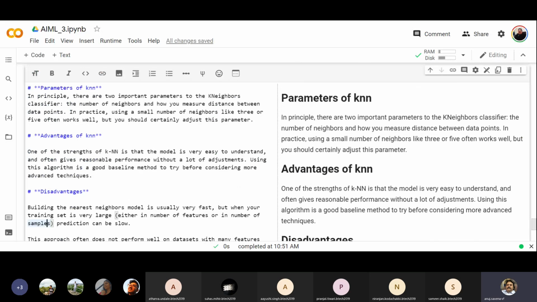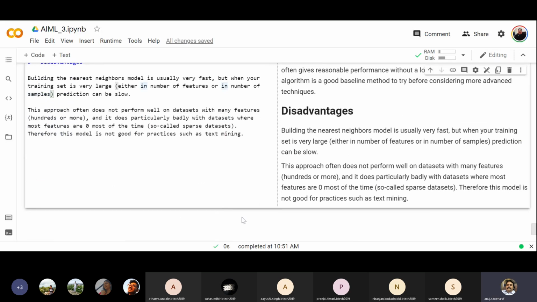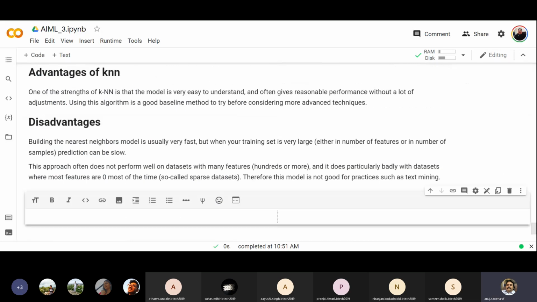Okay, so parameters we have already seen, what parameters we have used. The advantage, one of the strengths of KNN, is that the model is easy to understand. Definitely, it's very simple, and you get reasonable performance from KNN. It may not be very good, but it is average. Overall, if you look at the accuracy, all in all it's not bad. And the disadvantage we have,